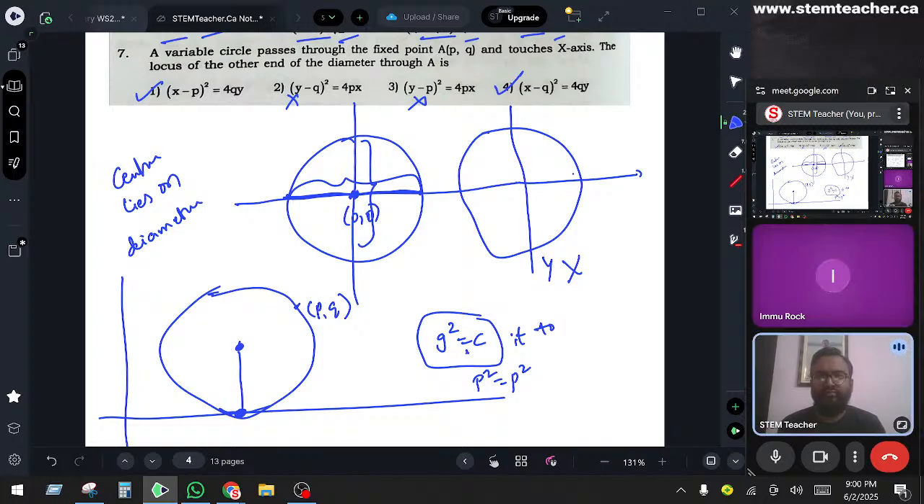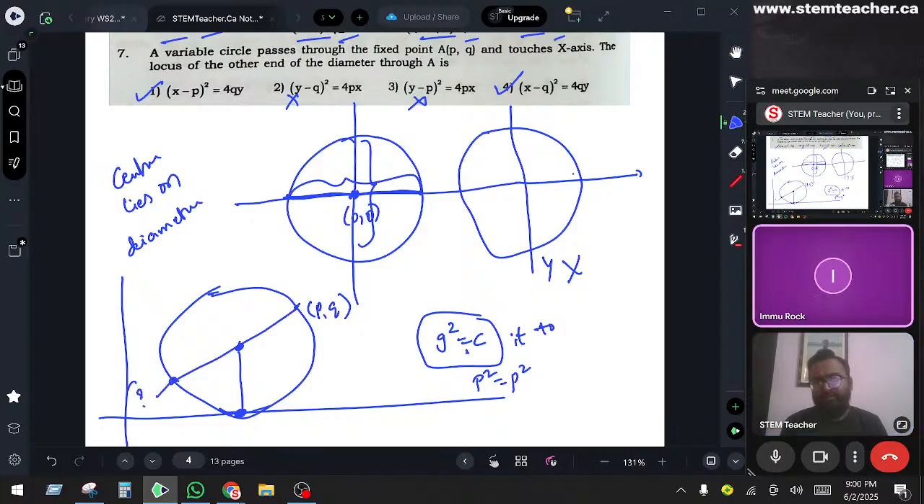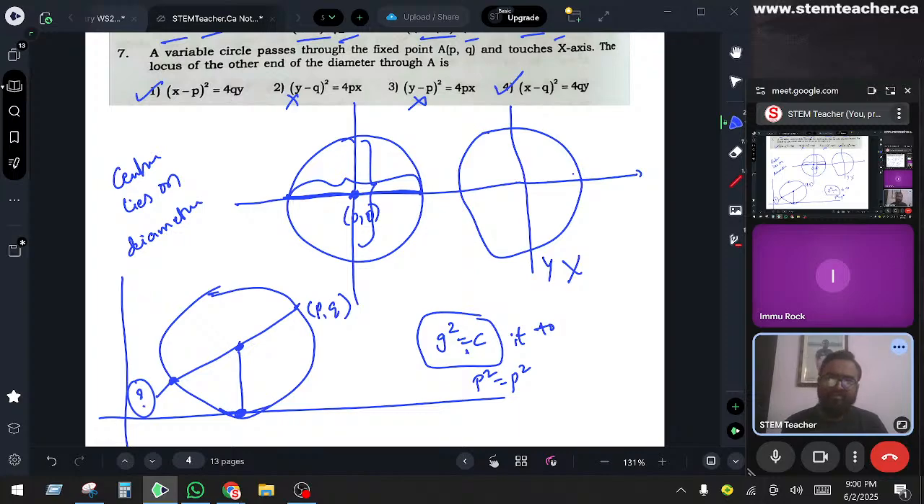Circle passes through, touches x-axis. That condition has already come. The locus of the other end, he is asking this locus. This locus means it's a circle only. But what will be the center? If it touches x-axis,